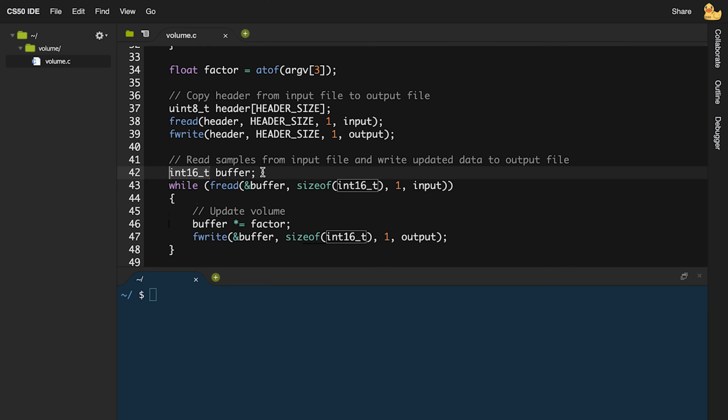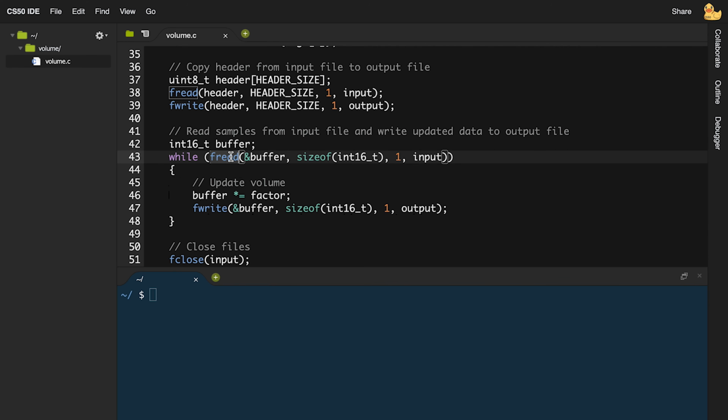And now, we're going to repeat this inside of a loop. We're going to use the fread function to read from the input file into the buffer, passing in the address of the buffer so that fread knows where to put the memory that it's reading. And we're going to read one sample of 16 bits, in other words, 2 bytes.